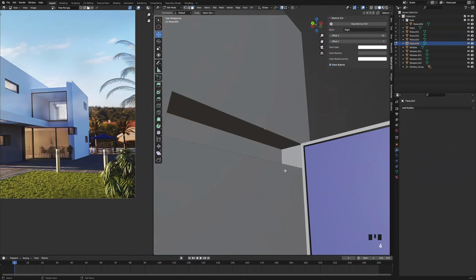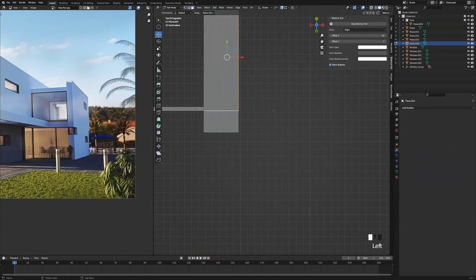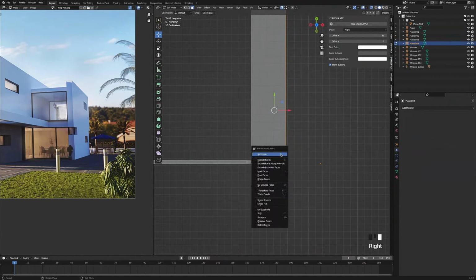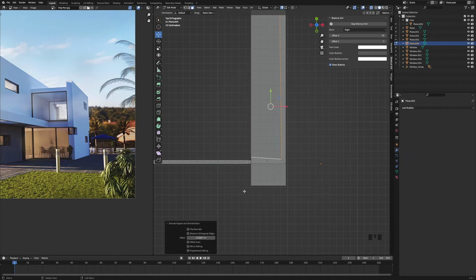Then press 3 for faces, select both of them, go into top view, turn on X-ray mode. I'm going to use the hand and move into a better position, right click. I'm going to select extrude faces along normals, and then we're just going to extrude it in.